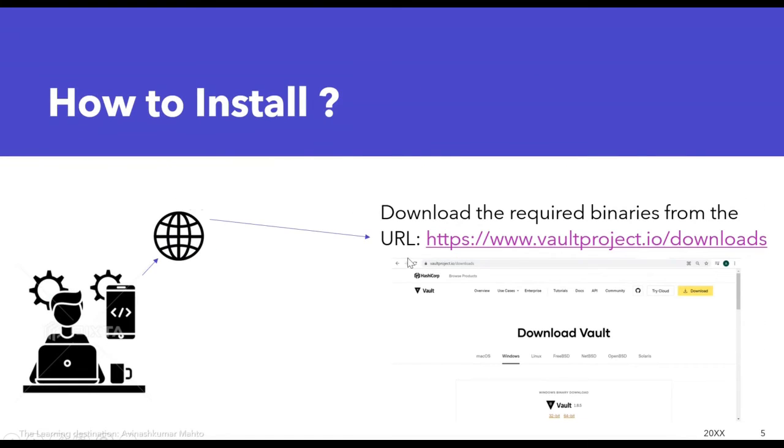Let's understand how to install it. The installation is very easy, guys. You just need to go to this website, and you can see that there are various options. If your operating system is Mac OS, Windows, Linux, FreeBSD, or NetBSD, all the options are available here according to your requirement. Based on your operating system, you can download the particular zip file, binaries, or the tar file, and you can install it.